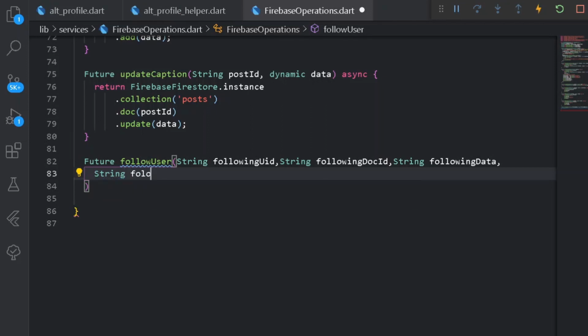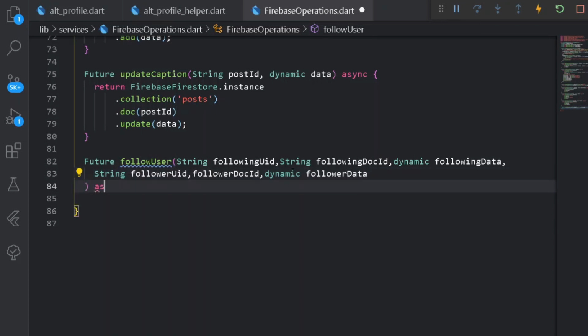First of all for follower UID, and after that for follower doc ID, and after that one more for follower data. But here we won't require a string but a dynamic. So here let's have dynamic as well, and here let's have follower data, easy. The entire process will be asynchronous, so let's make it asynchronous.